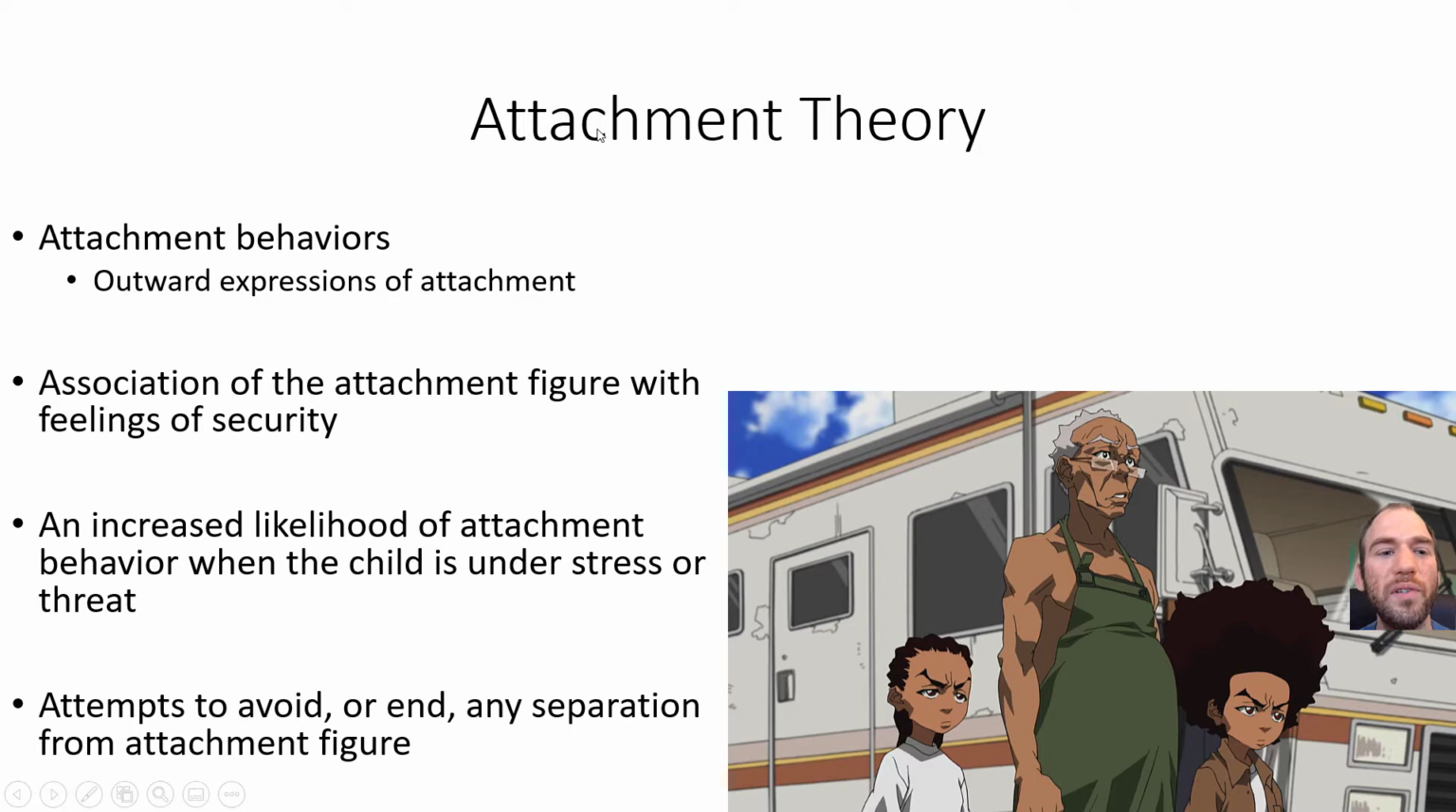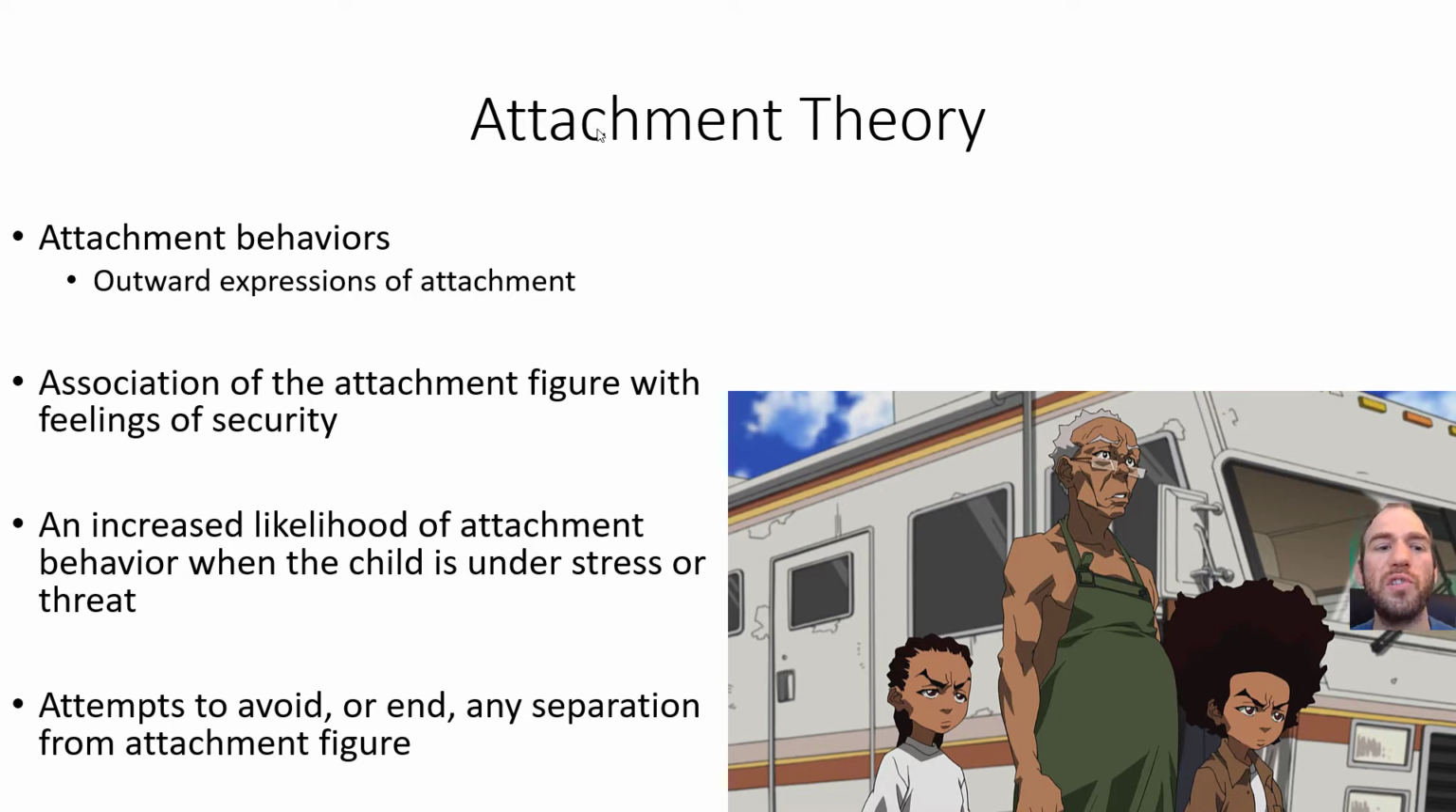And we're going to skip the previous slide, which is a video that you're free to watch, and now jump into specific attachment behaviors, now that we have a brief overview of attachment theory. So attachment behaviors are outward expressions of attachment, association of the attachment figure with feelings of security, and increased likelihood of attachment behavior when the child is under stress or threat, attempts to avoid or end any separation from attachment